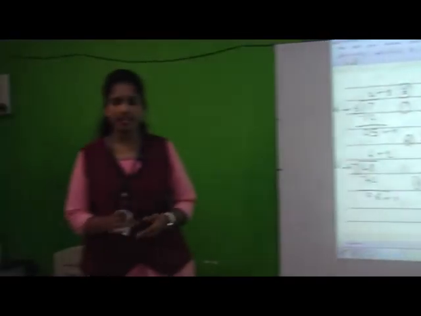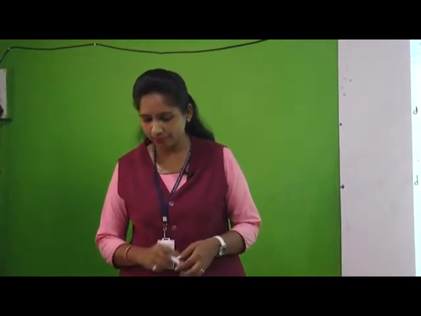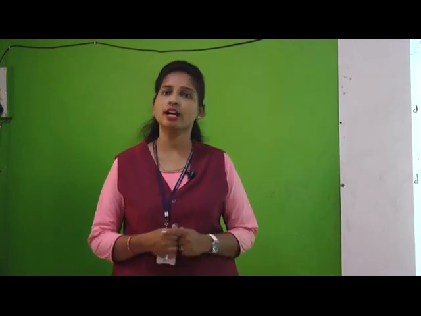We have completed. Remaining all sums you are going to solve by your own. Now C question, convert the following mixed numbers into improper fraction. Now this you are going to solve in your rough book, and in next episode whenever I will solve, you just cross check your answer.